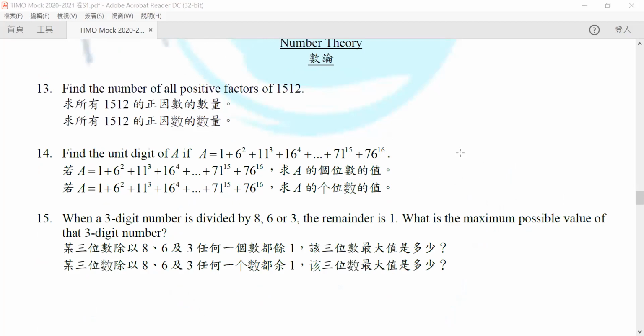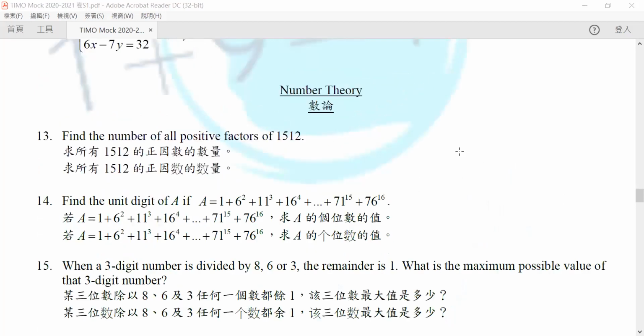So now let's look at question 13. Number theory. Find all the positive integer numbers of this. Now we know that if we want to find a positive integer number, at least we need to know what is actually the prime factorization of this number, right? What's the prime factorization of this number? So we know that it actually is equal to 2 times,